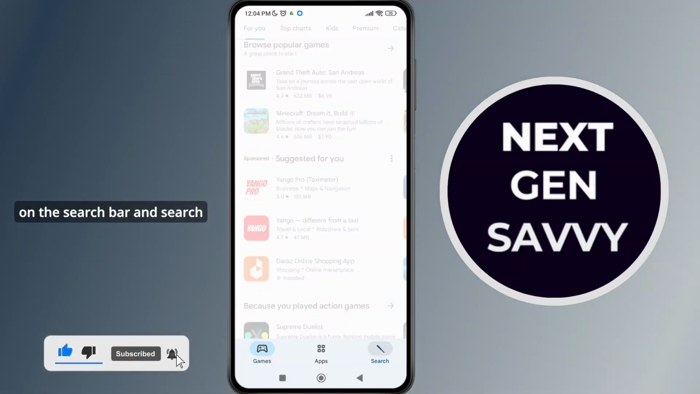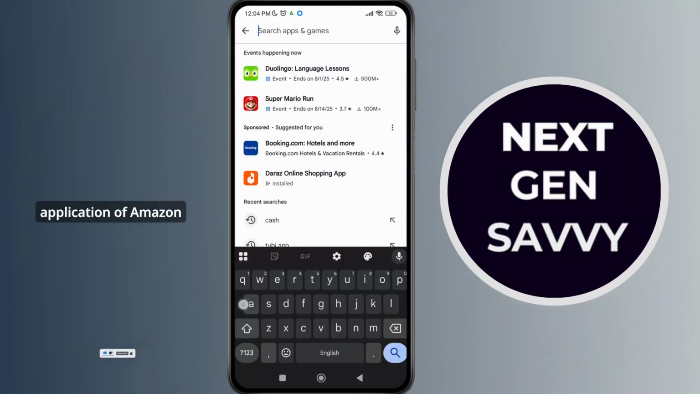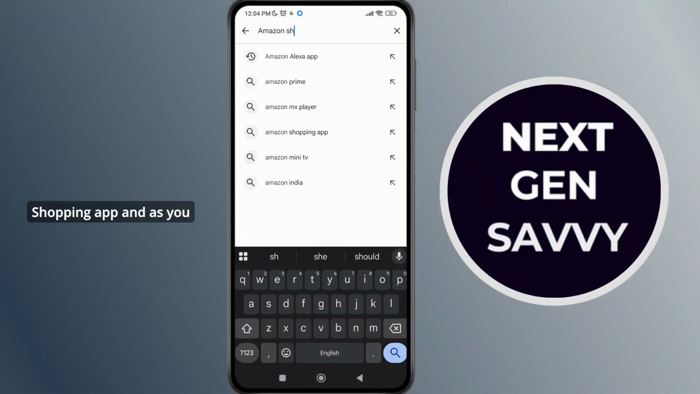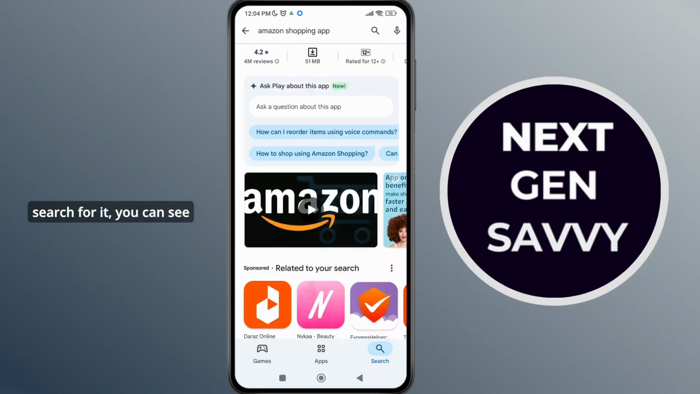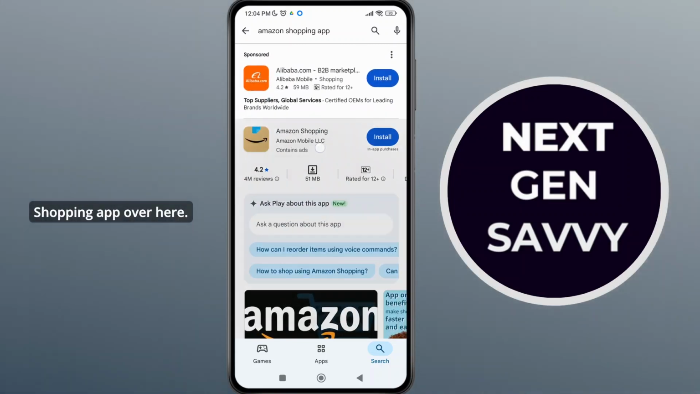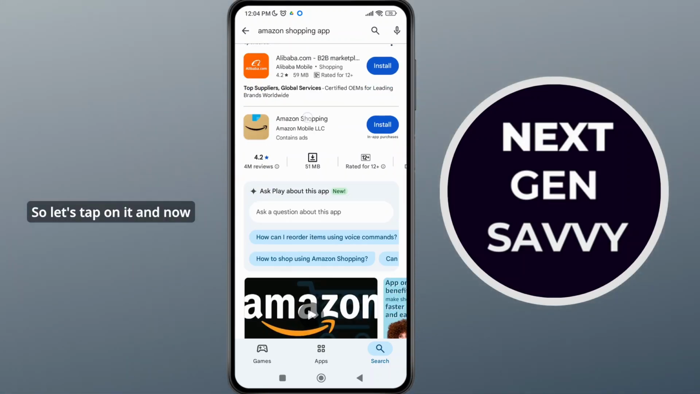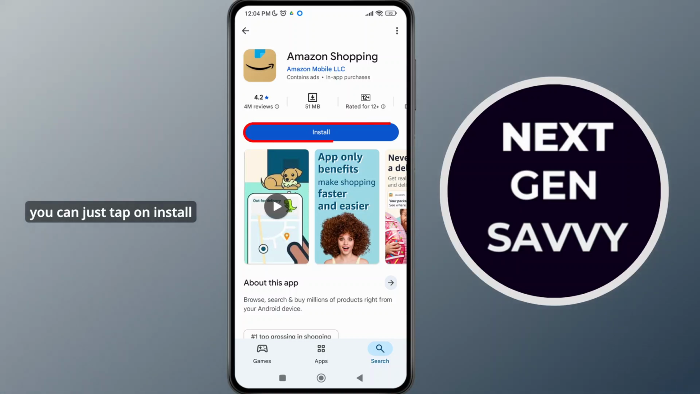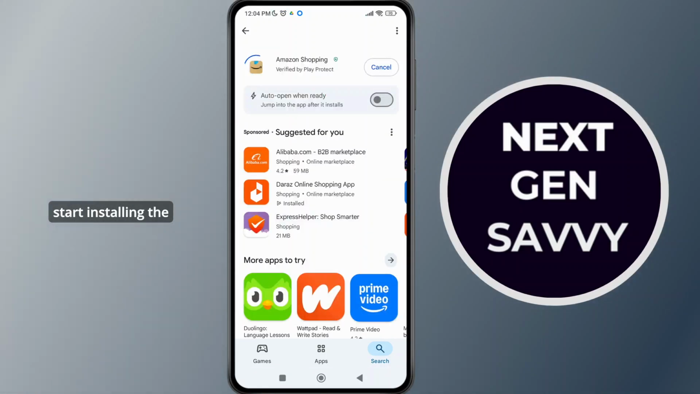Now simply tap on the search bar and search for the Amazon shopping app, and as you search for it, you can see we have Amazon shopping app over here. So let's tap on it, and now you can just tap on install and it will start installing the application